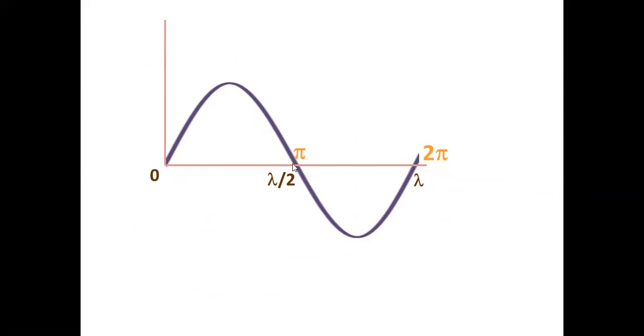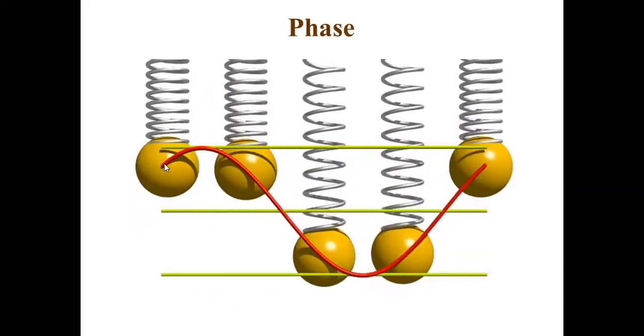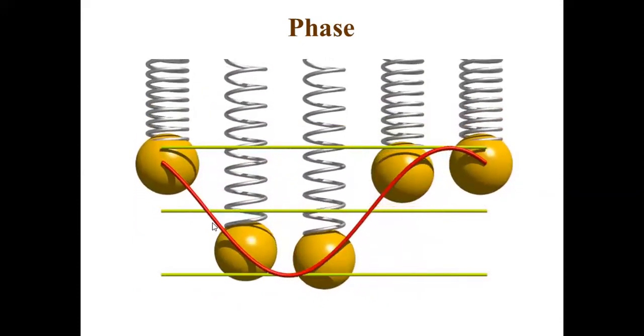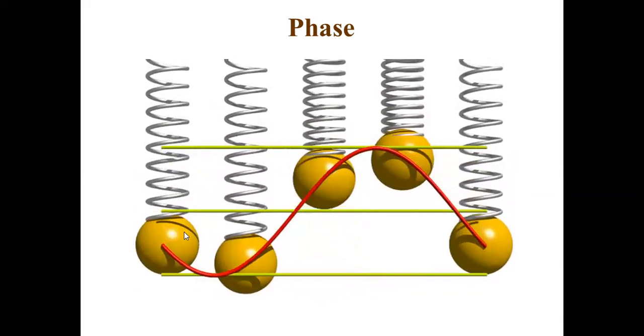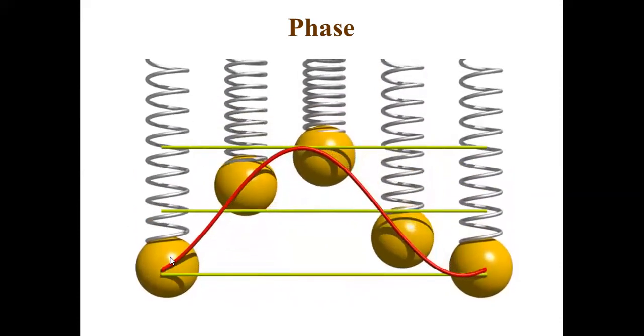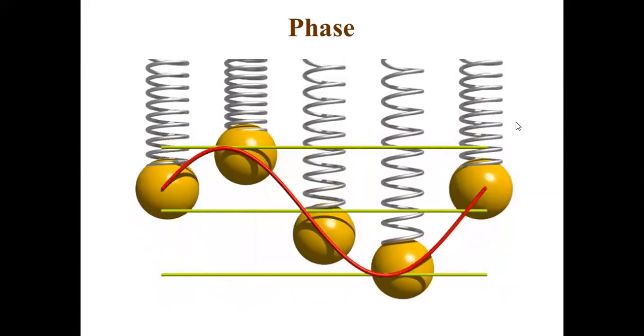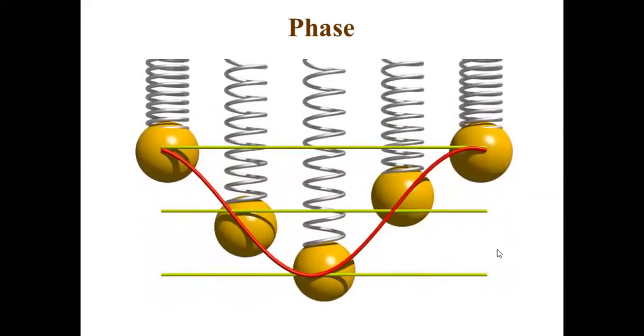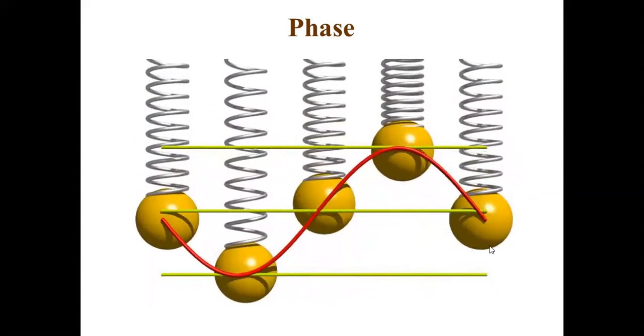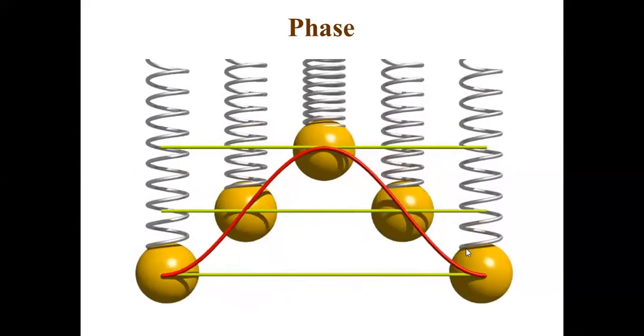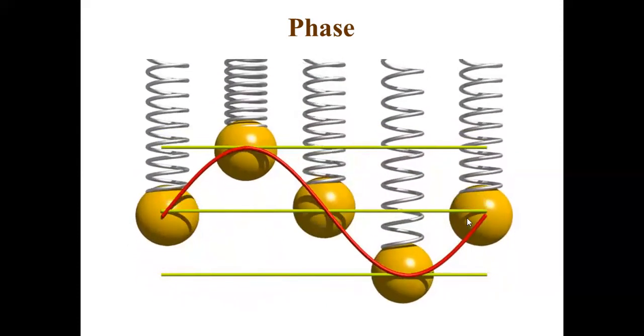Two particles at a distance of lambda by 2 have a phase difference of pi. Two particles at a distance of lambda by 4, one fourth of lambda, must have a phase difference of pi by 2. That is always fixed. That need not be from the origin itself, anywhere. So these two particles are separated by a distance of lambda by 4. This is lambda by 2. This is lambda. At a distance lambda they vibrate identically, but they have a difference of one oscillation. So their phase difference is 2 pi, path difference is lambda.